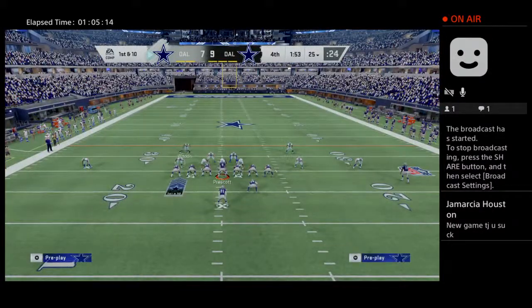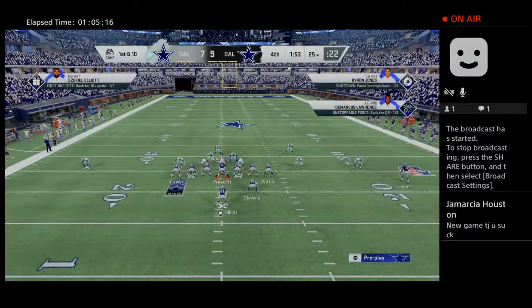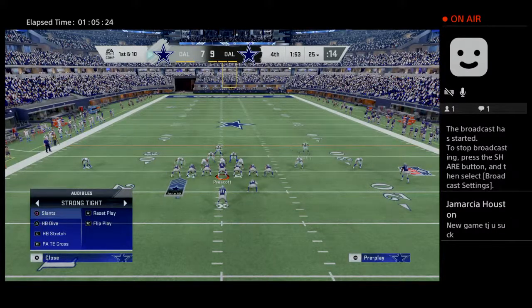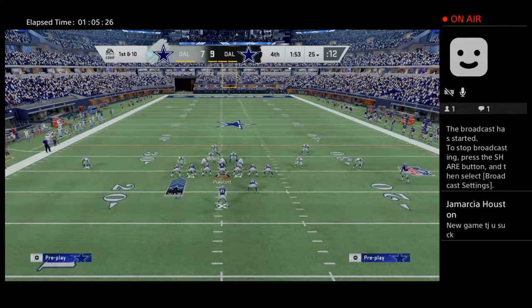Check 31, check 31. Check, check, check, check. Watch him kill. Watch the twins. Check 24, check the ball. Let's